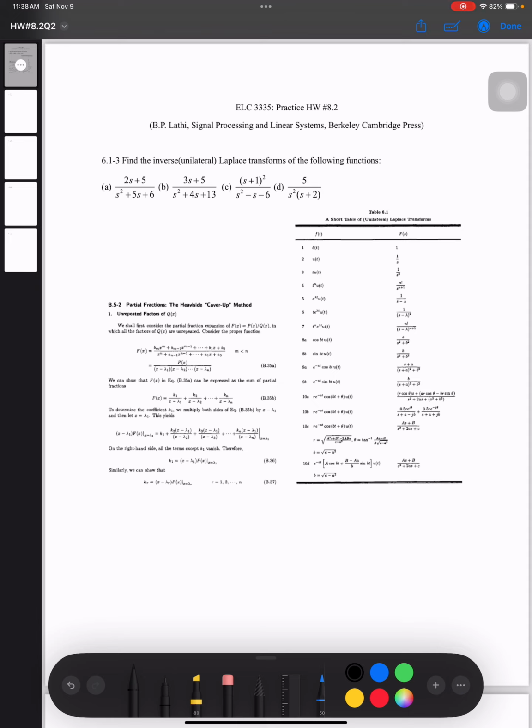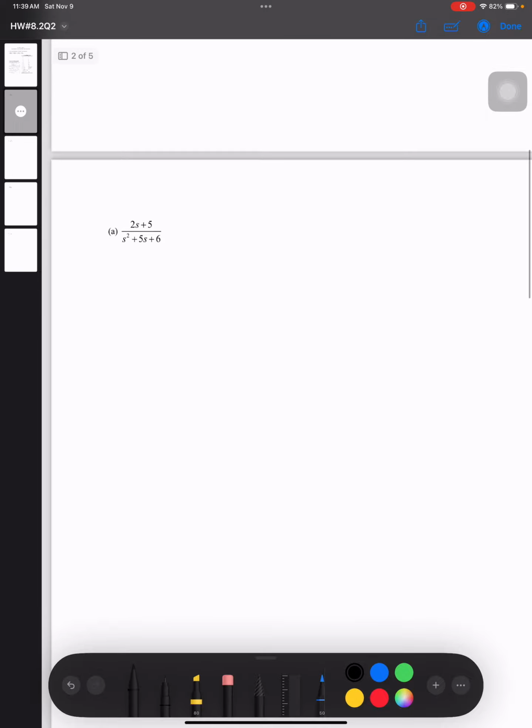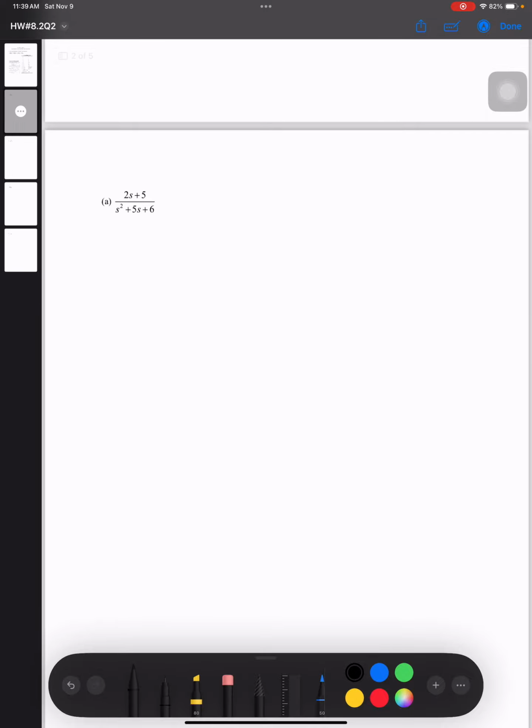The first one, we will use this Heaviside cover-up method to find the roots, and the second, we're going to use this table to find the pair of the Laplace transform and inverse Laplace transform. And let's start with the first equation. This is the Laplace transform. We simplify this form